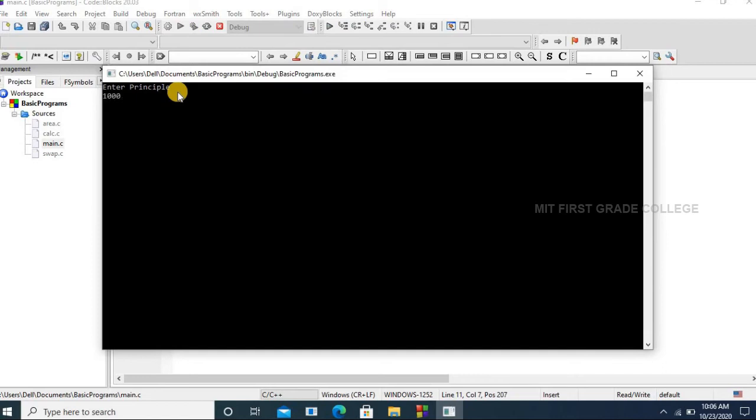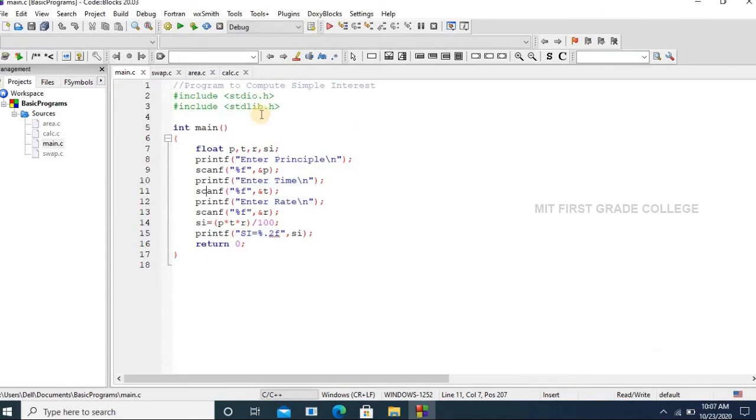Time 3 years, rate 7%. So simple interest for the input 1000, 3 and 7 is 210. So this is how the simple interest is calculated. Let me explain the program once again.